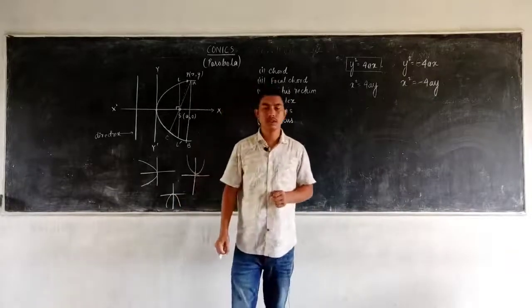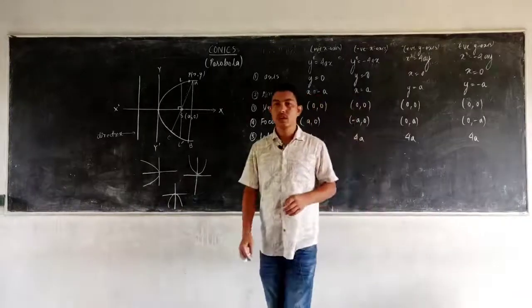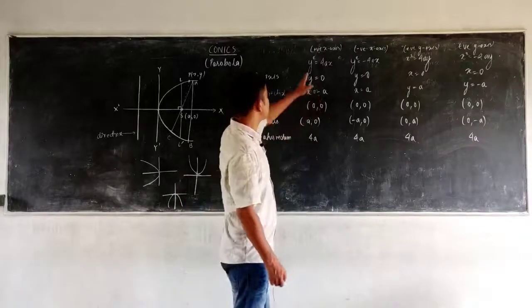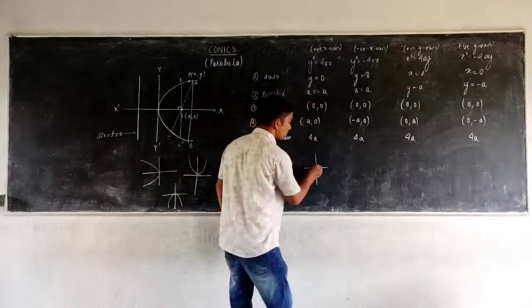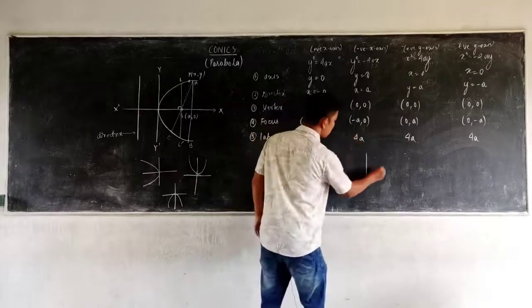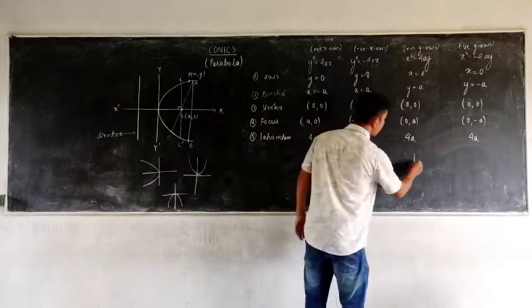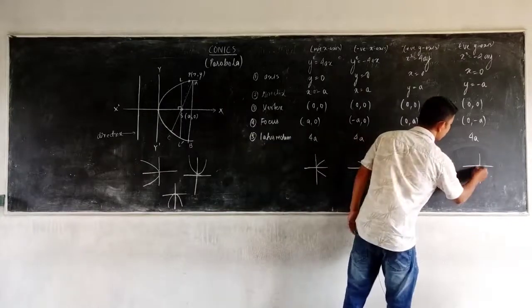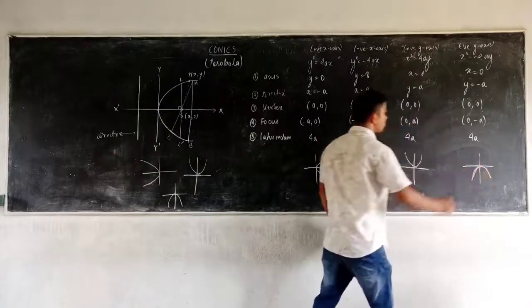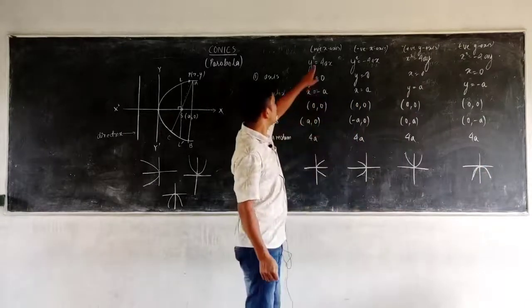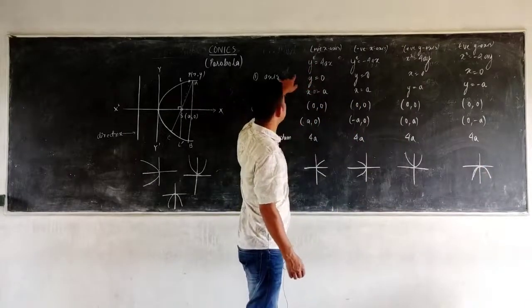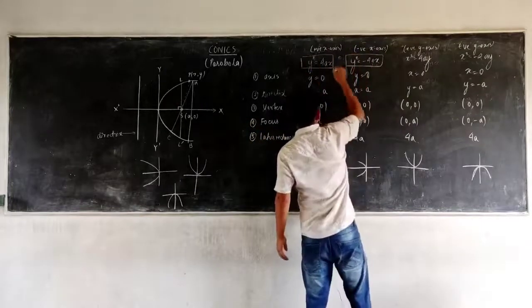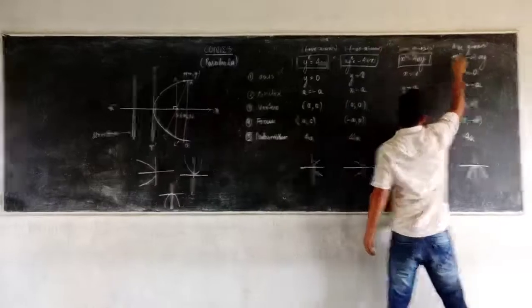So now let us try to remember some of the points regarding these four kinds of parabola. So the first one, the positive parabola, is of this kind. The negative parabola, the upward parabola facing upward, and a downward parabola facing downward like this. Each kind of parabola I have represented by the equation at the top.